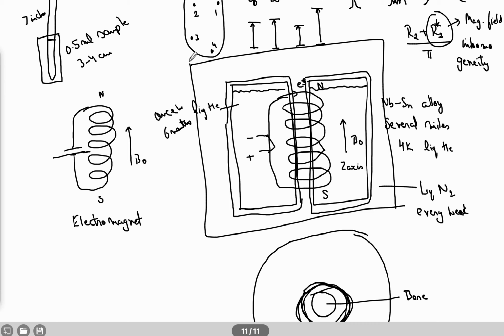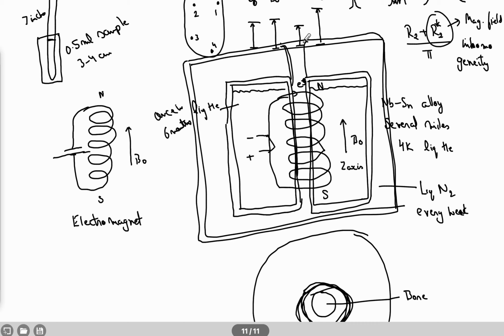And now this nitrogen chamber further, again, has a vacuum jacket. And of course it is open from here, because there is a bore going through, so it is open like this, right? So here it cuts. Okay, so I hope this part is clear. So you have a superconducting coil which becomes superconducting because it is dipped in liquid helium, otherwise it will be a normal coil. So here the temperature is 4 Kelvin, and here the temperature is that of liquid nitrogen.